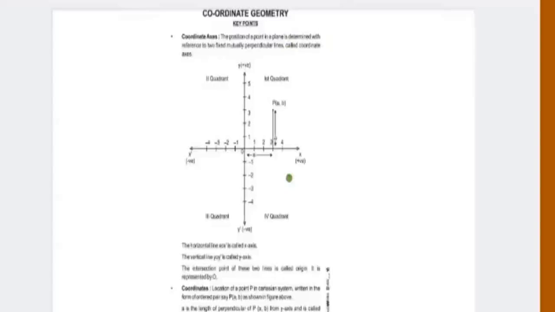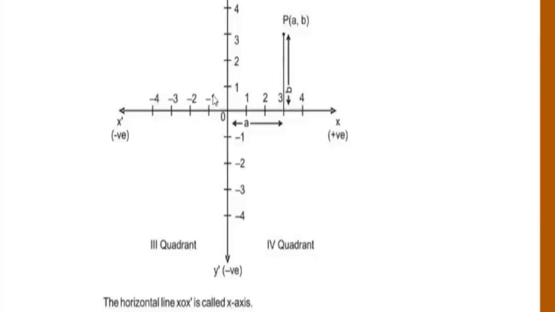Also the same thing here, it is given in the same figure, the coordinate plane, first quadrant, second quadrant, and here fourth quadrant. So in general you can take a point P(a, b). A means this distance A. A is the x coordinate, the distance of the point from the y axis, and B is the distance of the point from the x axis.